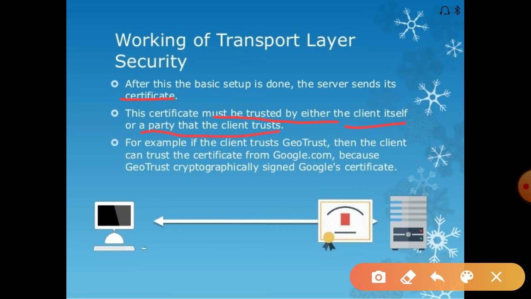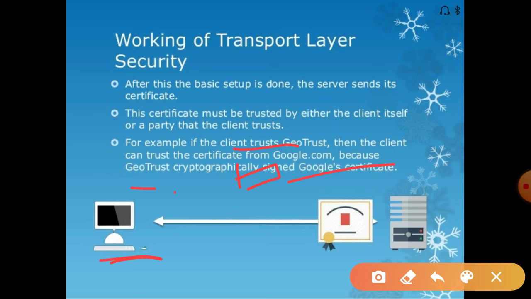For example, if the client trusts a third party such as GeoTrust, then the client can trust the certificate from google.com, because GeoTrust cryptographically signed Google's certificates.